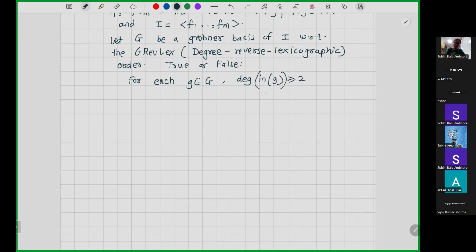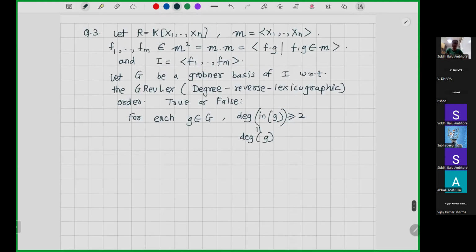Degree of initial term is actually equal to degree of G anyway, so it doesn't matter. So we started with the polynomial ring. This M is the ideal generated by all the variables,